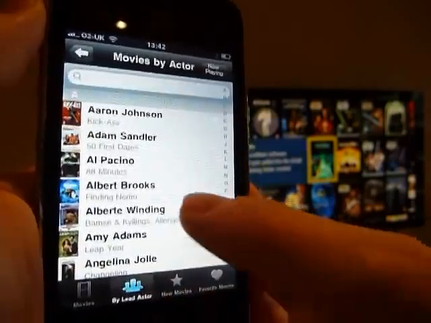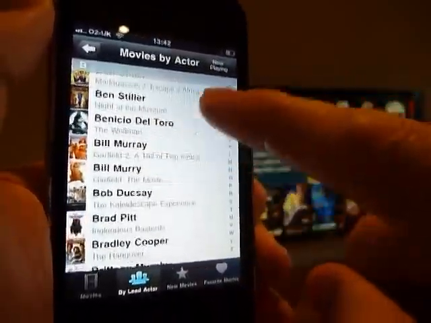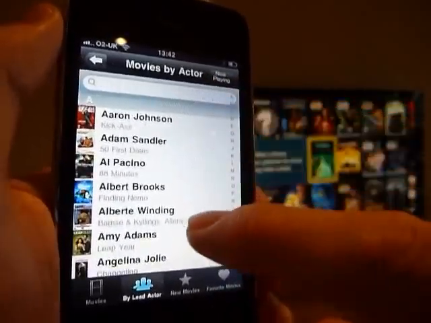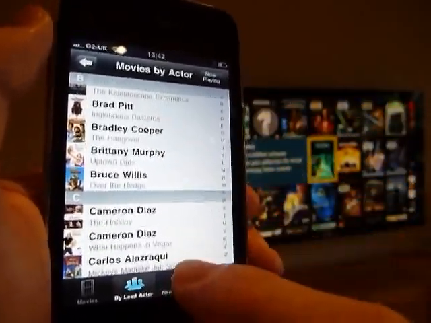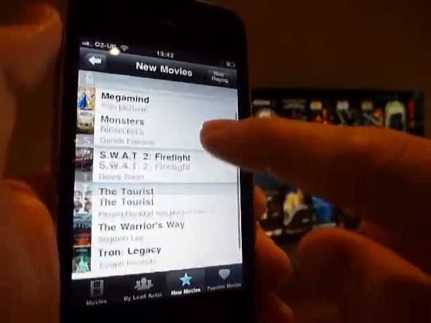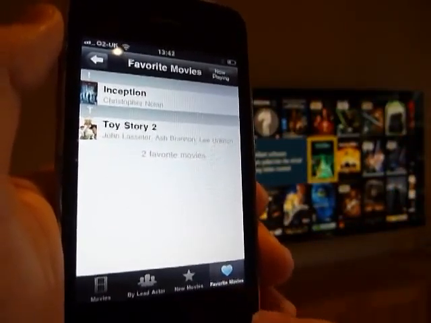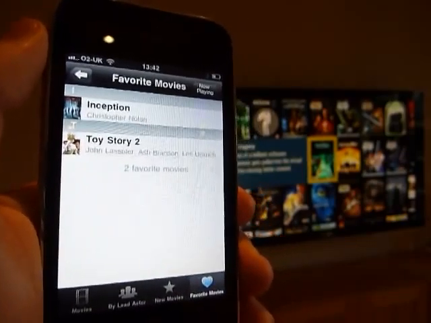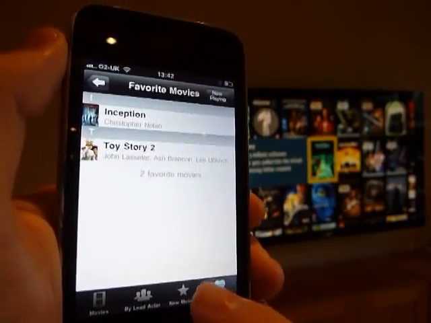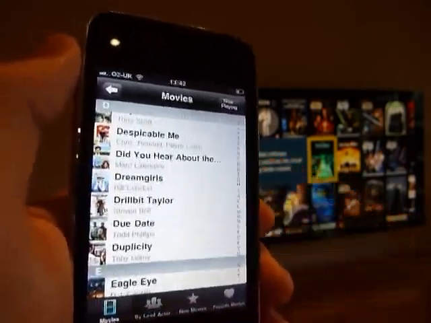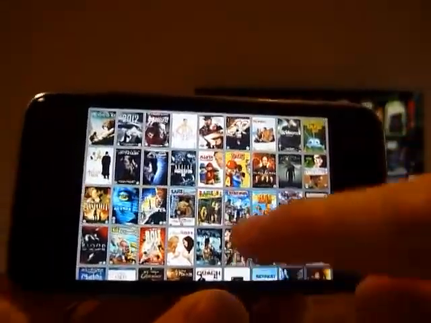You also have them sorted by the lead actor. That's an option to search as well. You've got new movies collection, so the new movies you have are there, and you've got favorites, which you can add in your Kaleidescape web console. You can add to the favorite collection. So that's the collections. In landscape mode, you get all your covers,